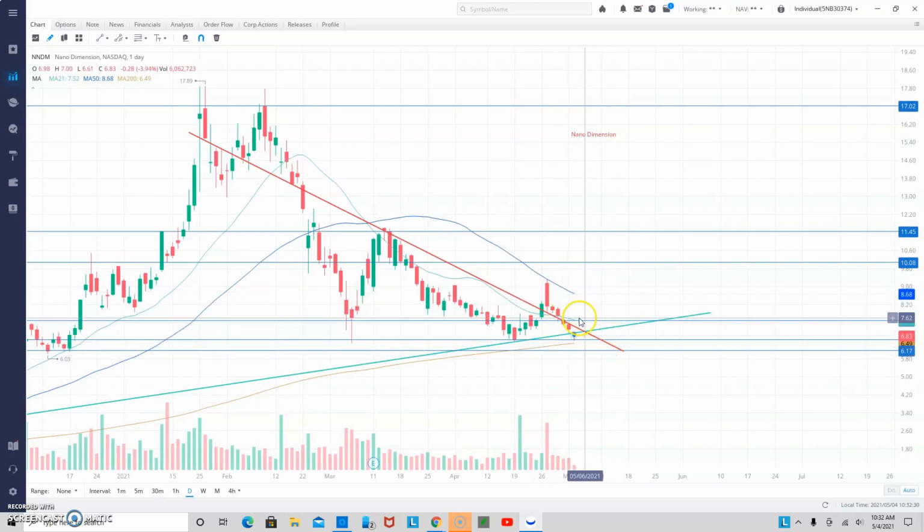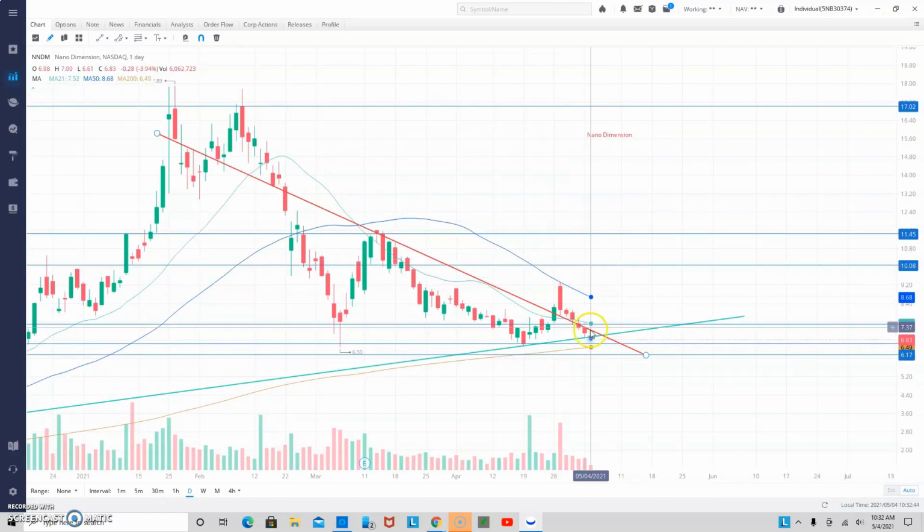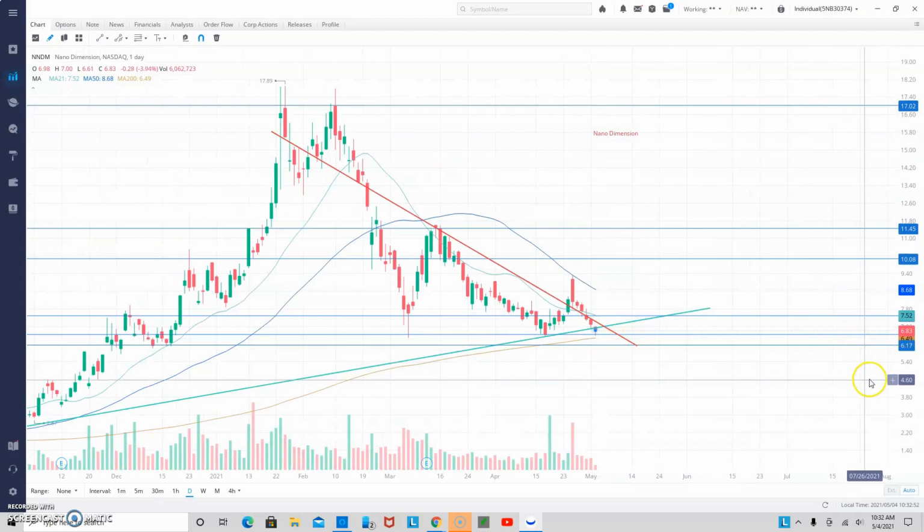We'll see how the rest of the day works out, but it looks like this trend line might be in jeopardy, and we might be falling below this green trend line and following this downtrend line as we head forward. We'll have to see if the $6.50 support right here holds up. If it doesn't, we're going to be looking at a drop down to around $6.20 as our next support